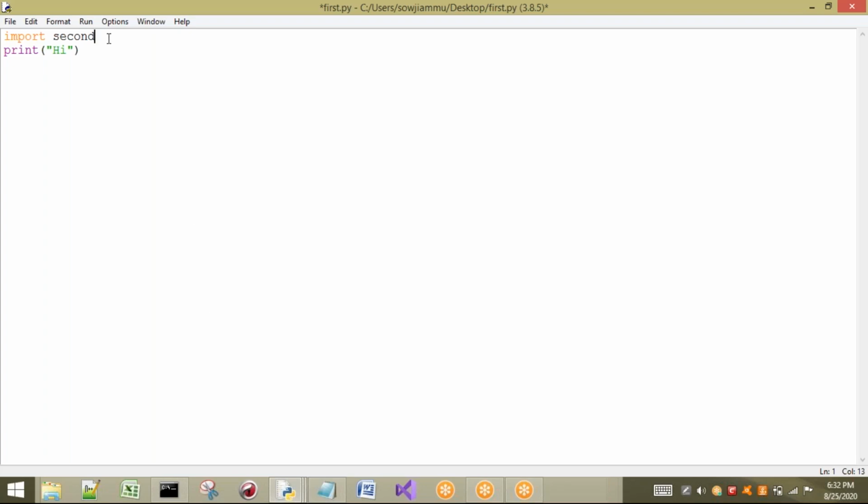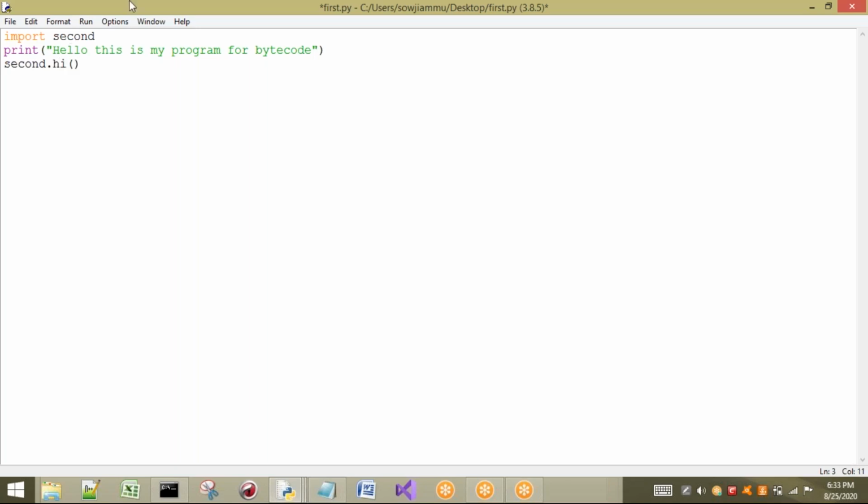Here I will write hello, this is my program for bytecode, for example. Then I will call the function hi, where hi is present inside second.